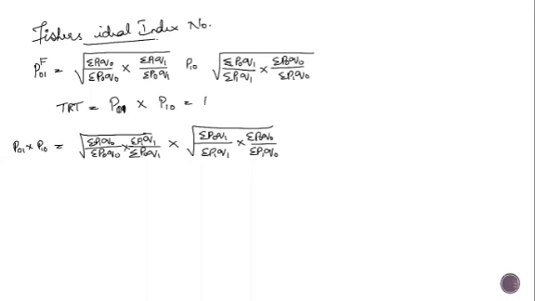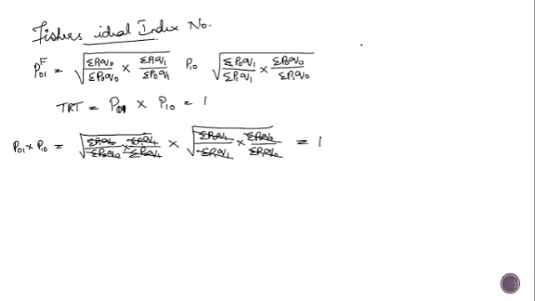So look here, summation P1 Q0 is there, summation P1 Q0 is there, here also summation P1 Q0 is there. So you can cancel it. Summation P0 Q0 is there, here also summation P0 Q0. You can cancel it. P1 Q1 is there, cancel, and this also will be cancelled. Summation P0 Q1, summation P0 Q1. So that means it is equal to 1. I'll explain this with one example so that you can easily understand it.